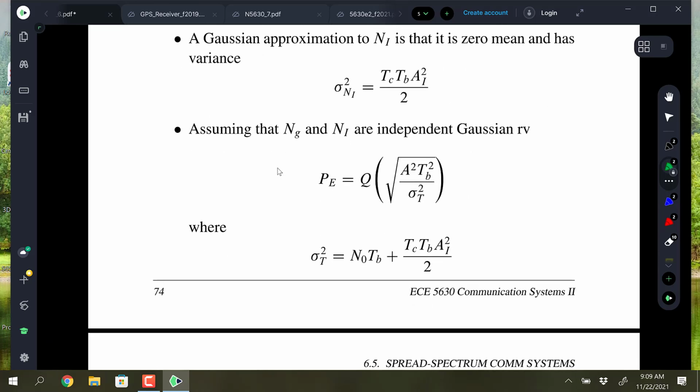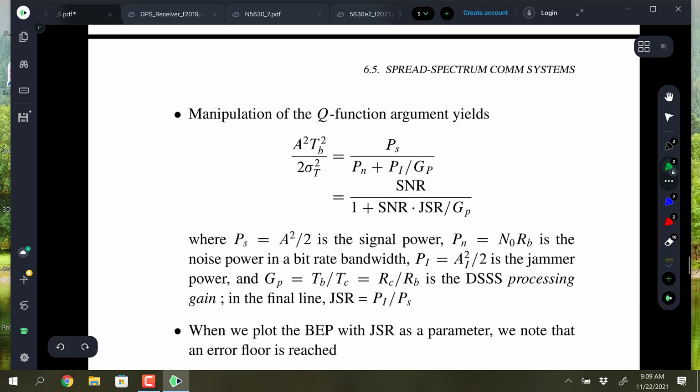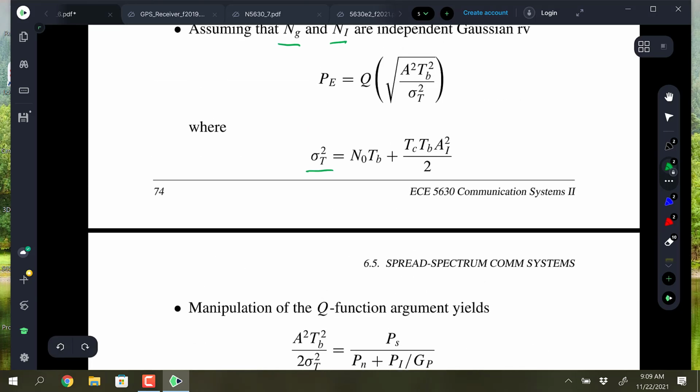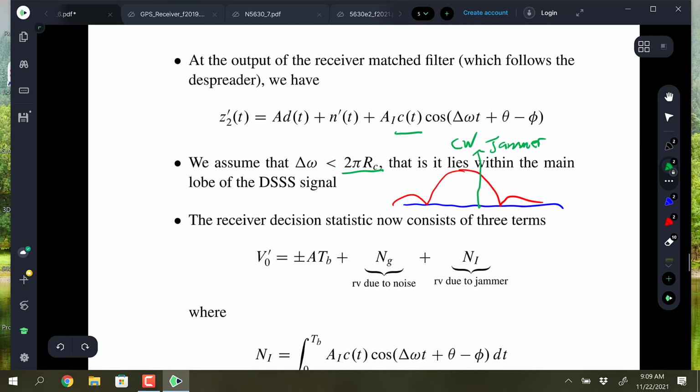So we assume that we have independent Gaussian random variables impinging. So we have the noise, and then we have the interference. I'm just going to assume that they're independent Gaussian random variables, so they add together and they create an effective interference component of noise, wideband noise. And you know what's happening here is that